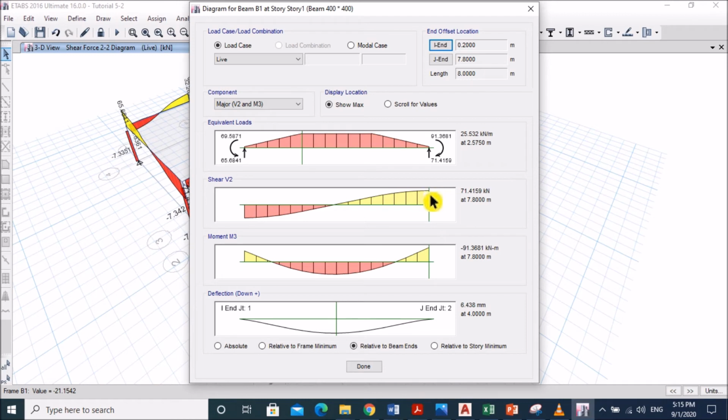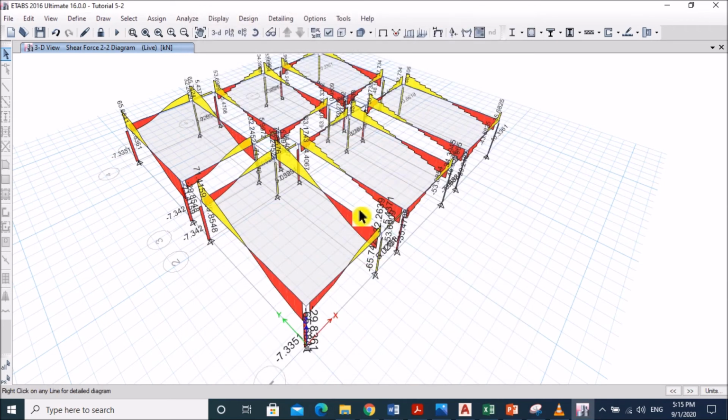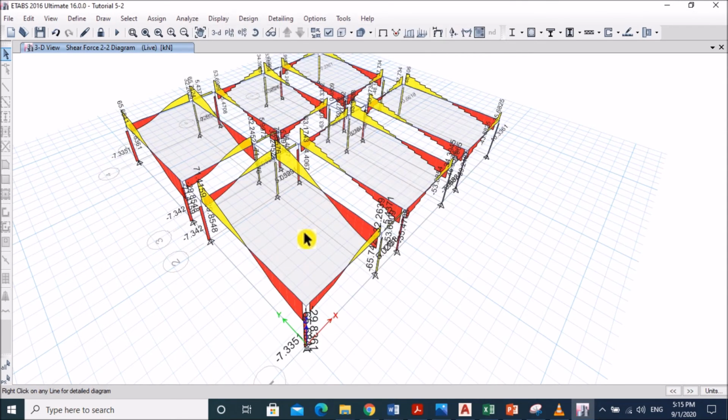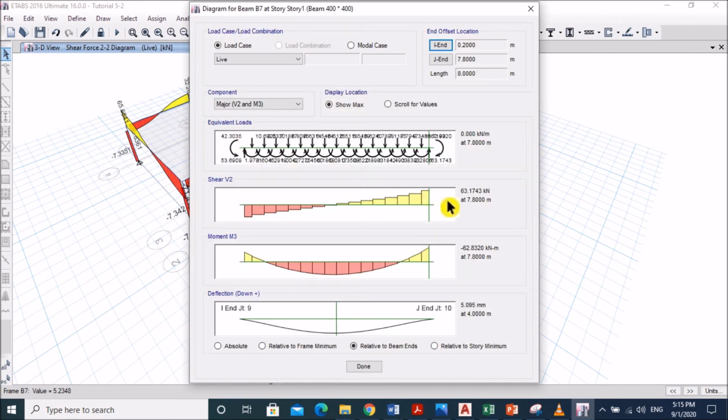You could see 71.41 kilonewton. That is shear force. Here you could see 32 due to the live load. Here you could see 63.